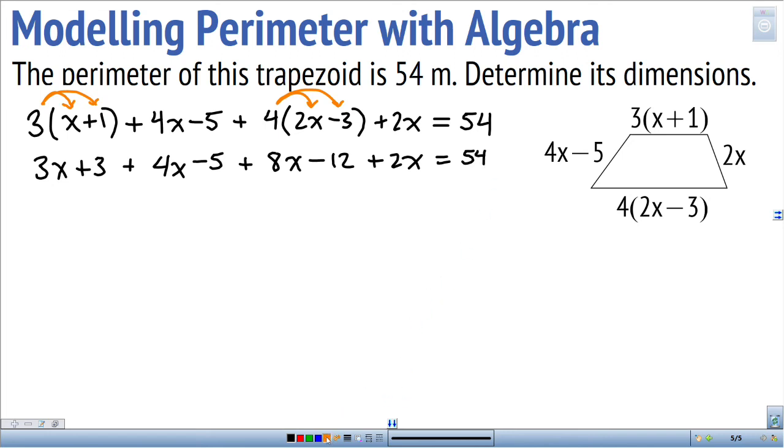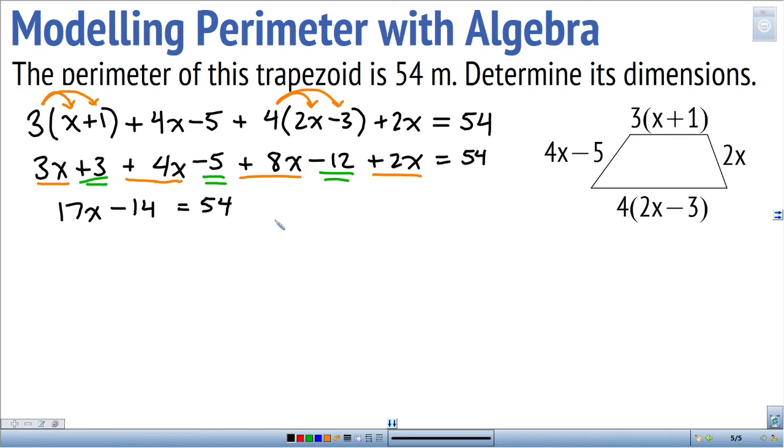I notice that there are some x terms and some constant terms, so I'm going to underline these x terms. 3x plus 4x is 7x, plus 8x is 15x, plus another 2x is 17x. Let's look at these constant terms. I have plus 3 minus 5 minus 12. 3 take away 5 is negative 2. Take away 12, that's negative 14, is equal to